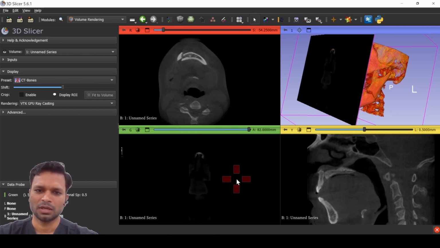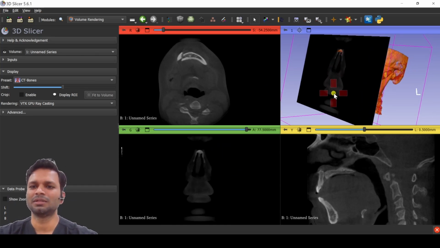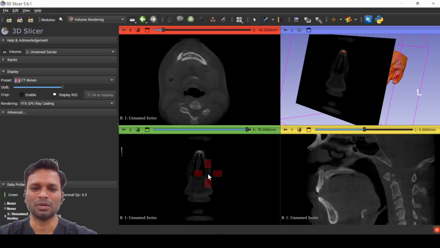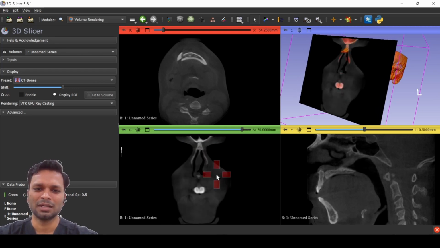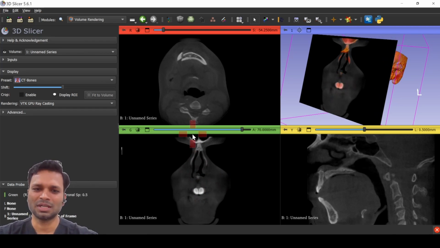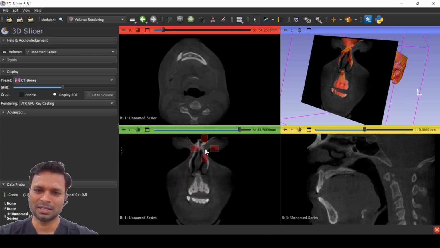So what is the first structure that is intersecting with the plane? Nasal bone, right? So you're seeing the nasal bone. As we move further back, you can see the anterior maxillary incisors. And what is this? This is the forehead. That is the frontal sinuses, here, okay? Can you see? These are the frontal sinuses and upper and lower teeth. This is the nasal cavity, and if we move further back,